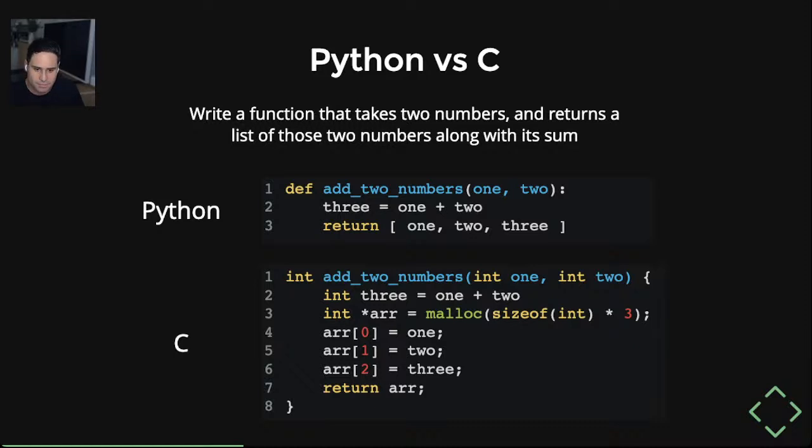So we've got a function called add two numbers, right? It accepts two parameters, and they're both typed as integers, right? So you accept parameter 1 and parameter 2. Then we're declaring a new integer called 3. We're adding up 1 and 2. Then we're creating a new memory allocation, which looks like it's going to be an integer array of size 3,